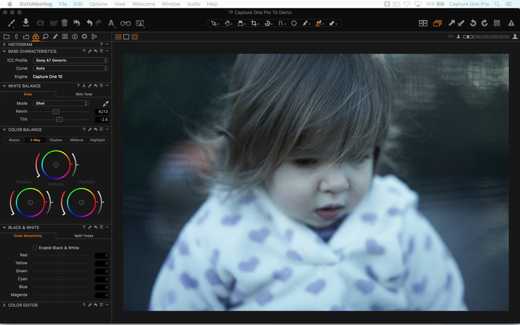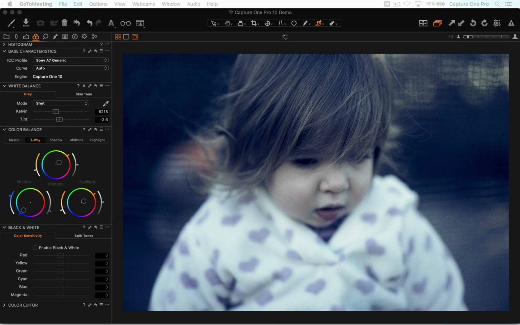So a really nice way to do color grading. The benefit, of course, is that you can use 2 hands at the same time. It becomes somewhat quicker to dial in your color grades, and of course you don't need to have the tool visible as well. You can see up on the LCD display, which I know is probably a bit tricky to see, but you also get a graphical representation of what you've applied. On the Ripple model, which doesn't have the LCD display, you actually get a little heads-up display on Capture One itself. So really, really nice kit to use if you think this is something that you're going to be doing a lot, for example.